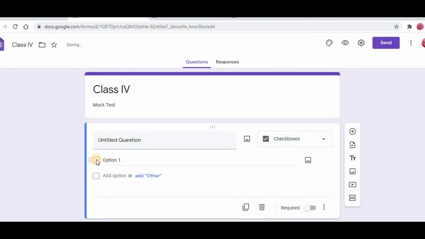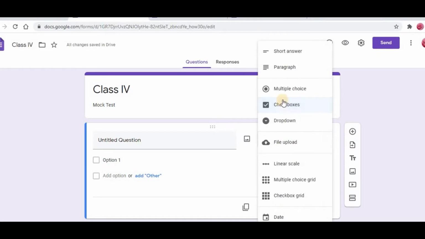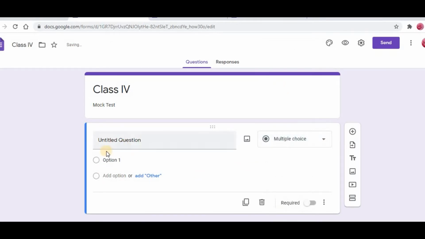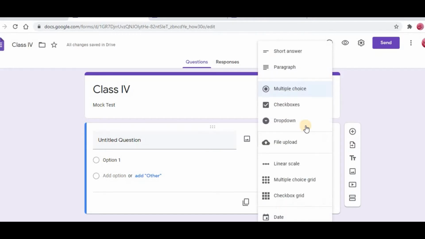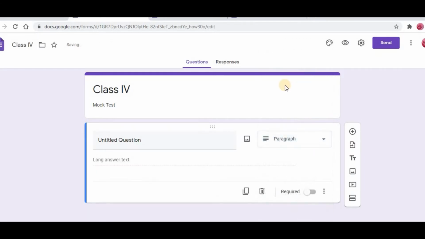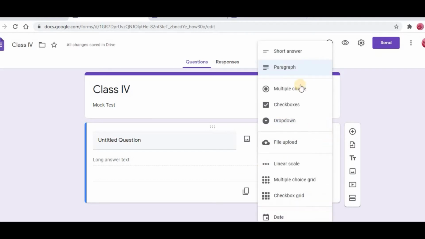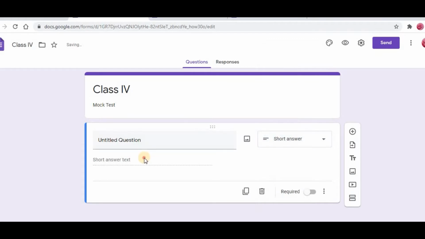Check boxes, like the student has to check here, meaning tick the options. And of course this one you all know, multiple choice. Now I will show you multiple choice very clearly. And paragraph answers: if you want to give a long answer like 2 or 3 lines, it will accept. More than 2 or 3 lines, it will not accept. And short answer means it has to be completed in a single line. That's what is given here.